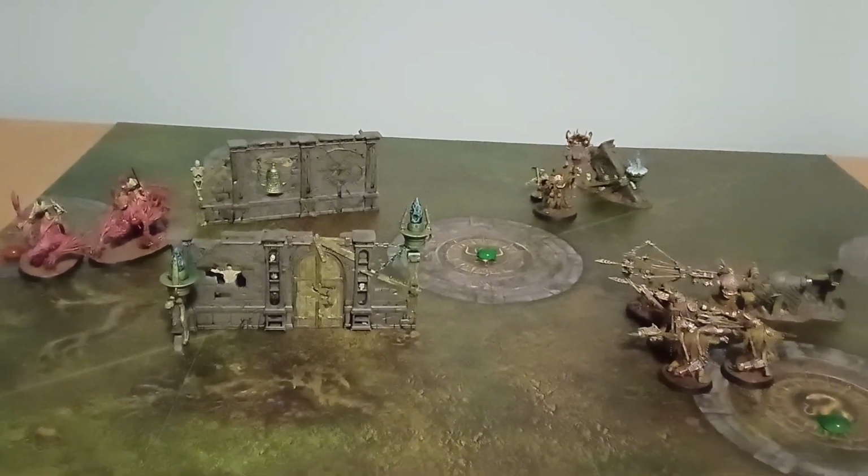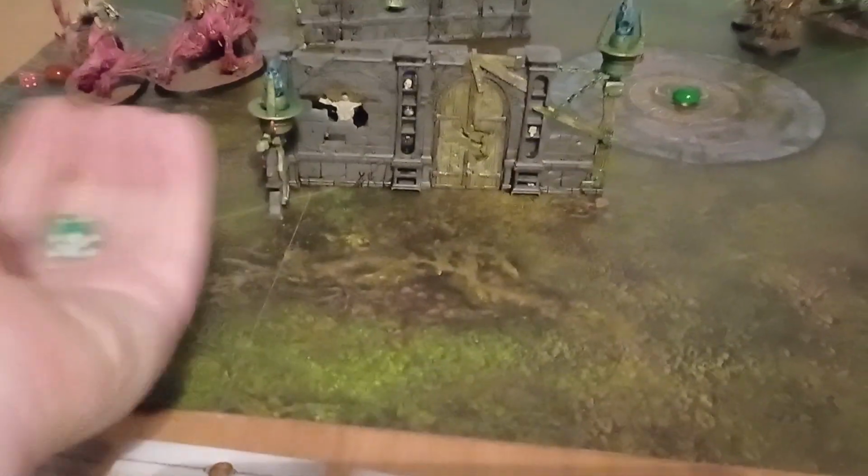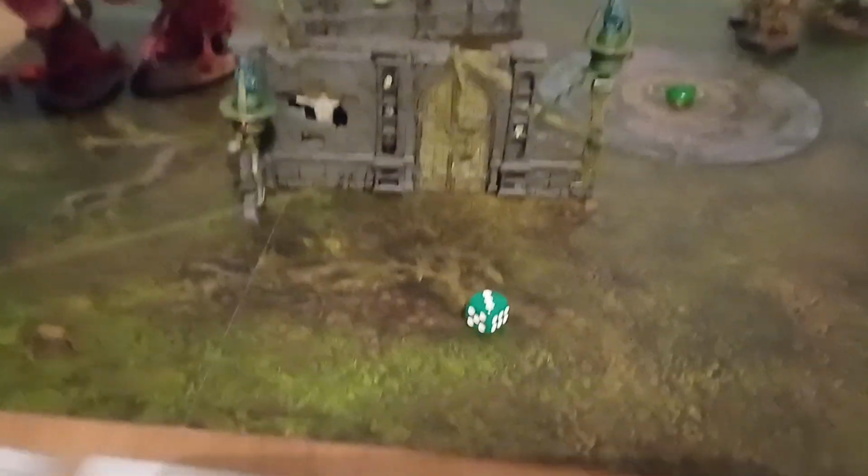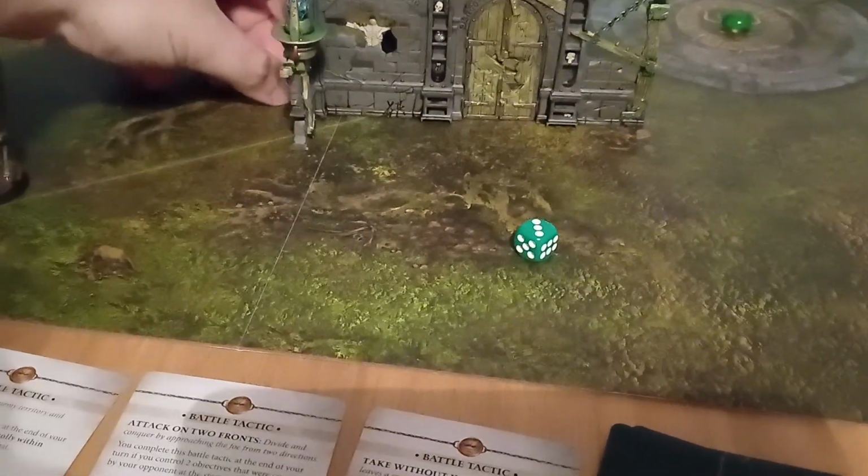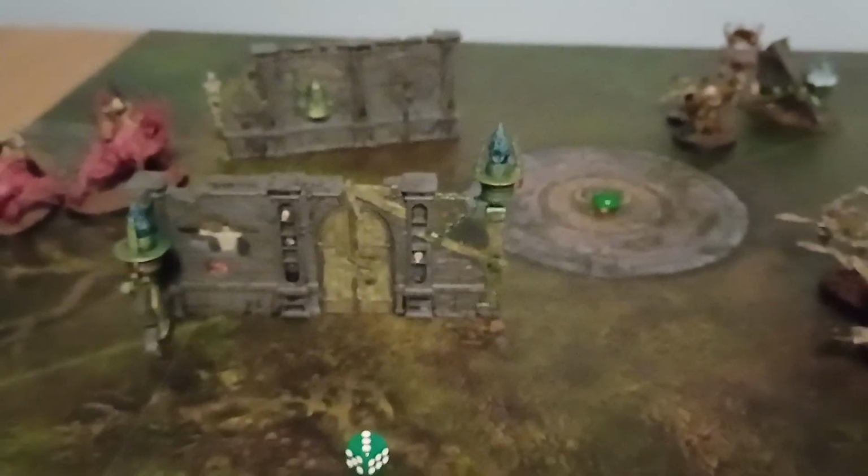Okay, so here we are. The Gut Rippers have moved away, and these guys are staying where they are. The Gut Rippers lose D3 mortal wounds. That is 2. I'm just going to kill this one. Put the last surviving member on 1 wound. I think they're going to die this turn. But before that,